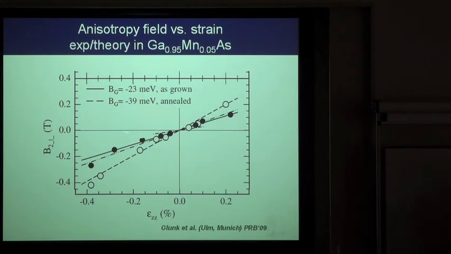And here you have the parameter, which is the splitting. This is for samples with nominal concentration of 5%, and we expect that the splitting is for 5%. We certainly expect this splitting, so in theory it is quite a little larger than 3%. And for as-grown samples, we expect that the actual concentration is lower than observed in as-grown samples. Manganese concentration is partly compensated by interstitials, and the splitting should be taken a lot about